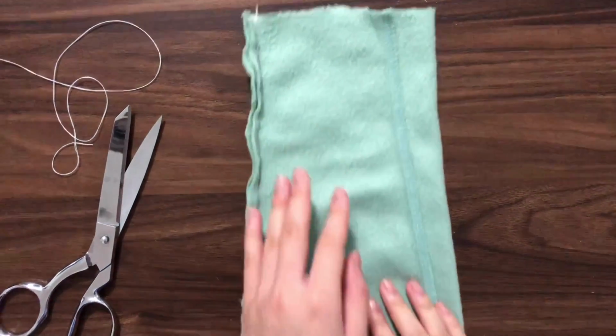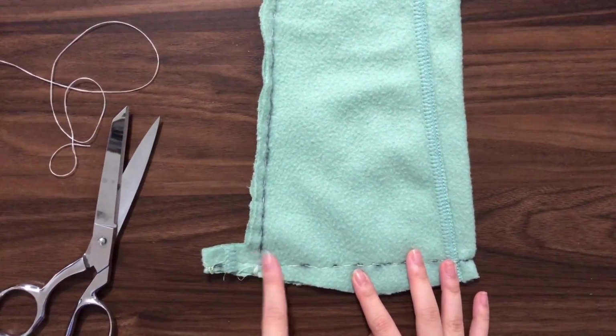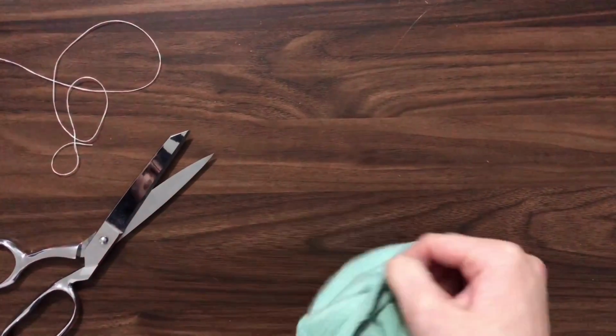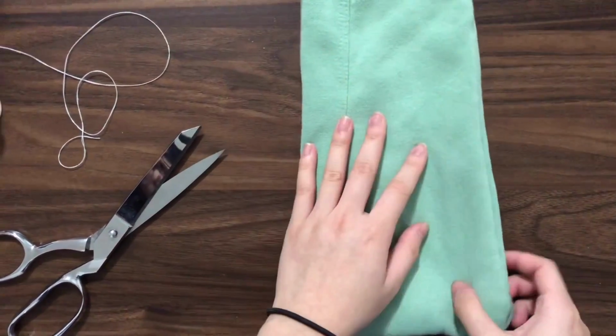One hour and a few dead brain cells later, we have our bottom stitch done, and as you can see, I did cut off the side a little bit and then re-sewed. It was just because I thought my pouch was a little bit too big for me, but you don't have to do this. And then we're just going to flip it inside out to check and see how it looks on the front side, and I think it looks pretty good,